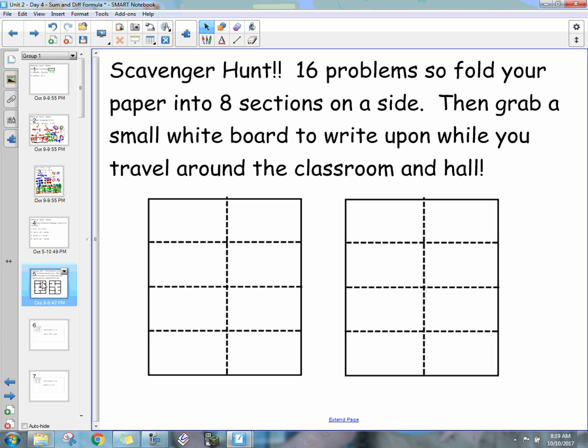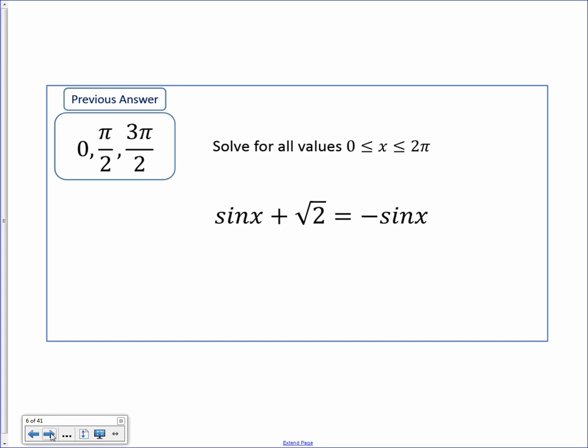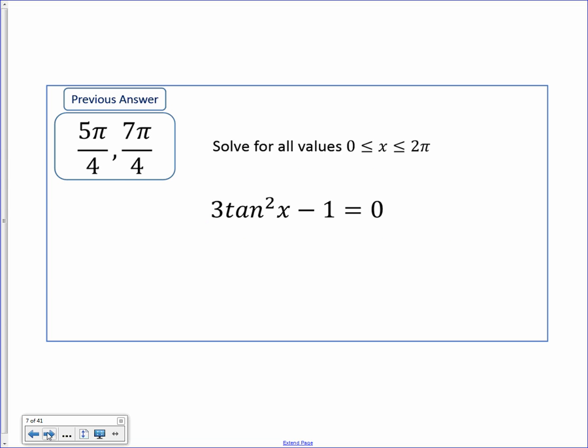All right, children. So let's just check your answers quickly. Here's what I would say. Please find in your notes this particular problem. Okay, sine of x plus the square root of 2 equals negative sine of x. Okay, so that could be any problem. Anybody could have started anywhere. So find that problem. And what I would like you to do is check your answers. Okay, the answers to this are